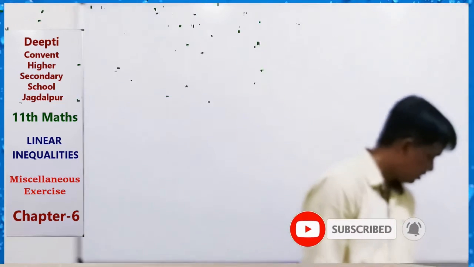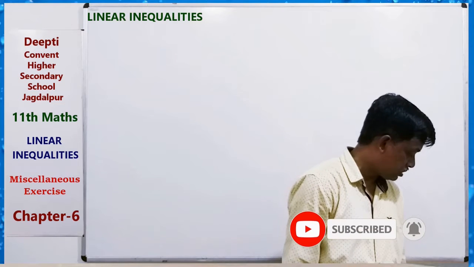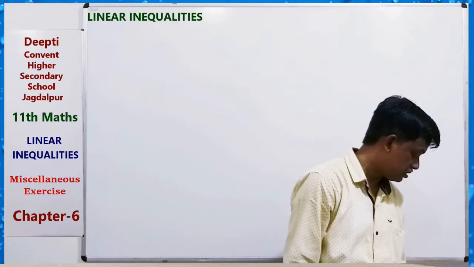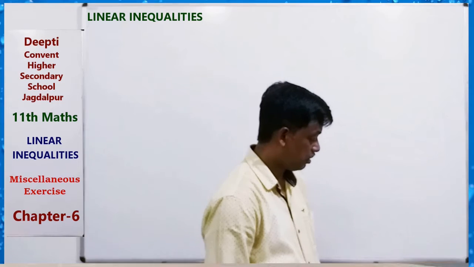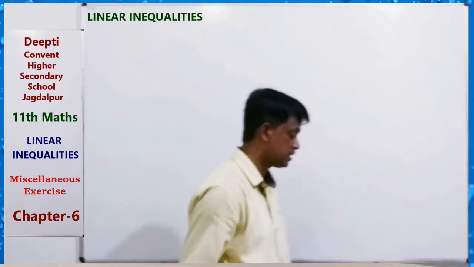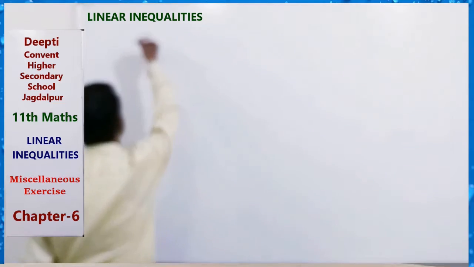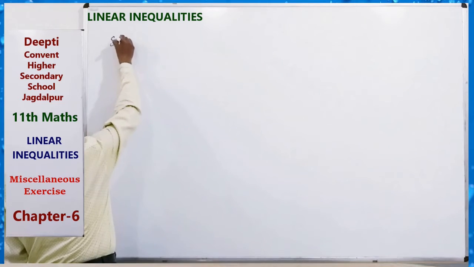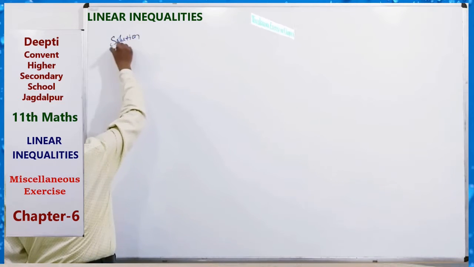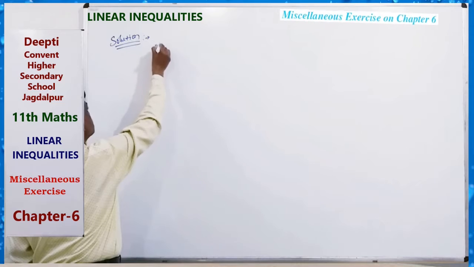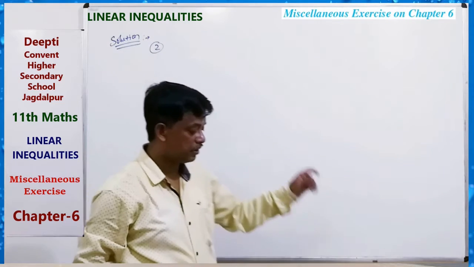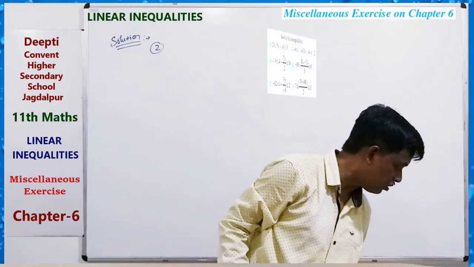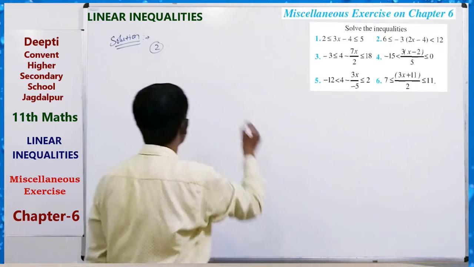So take questions 1 to 6, the same type of questions. So take question 2 of the miscellaneous exercise. So, solution, question 2. Okay, so the given question is 6 less than or equal to minus 3, 2x minus 4,